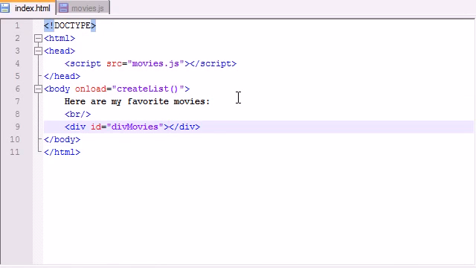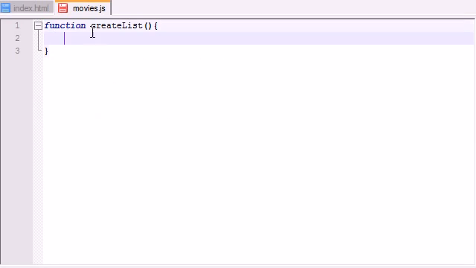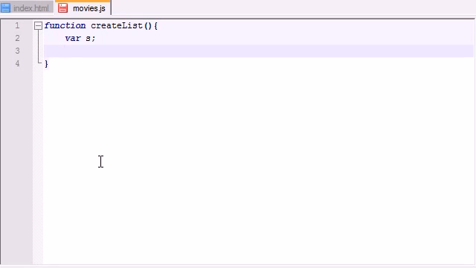So let me go ahead and, I guess inside this div we can just put an unordered list of my movies. So let's go ahead and, since we're going to have a kind of big list, make a variable s, which will stand for string. You can name it anything you want. And s is just going to be equal to, and this is going to be a really simple function. Just go ahead and put